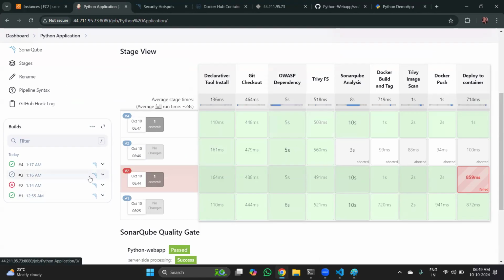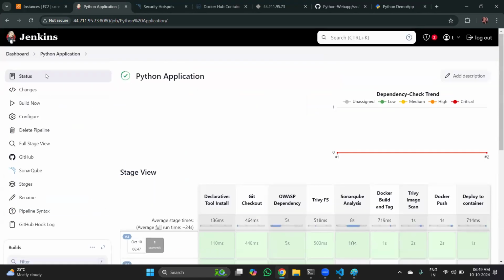Is any configuration needed to get the automatic build when you make changes in GitHub? That's why we created the pipeline, right? Pipeline scripting. And one more thing that we need to change: go to the configuration and